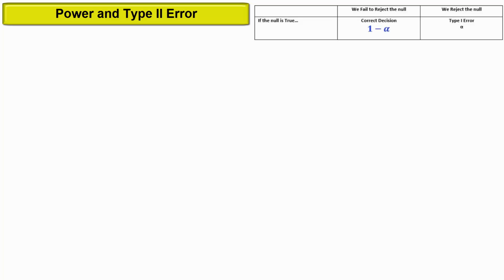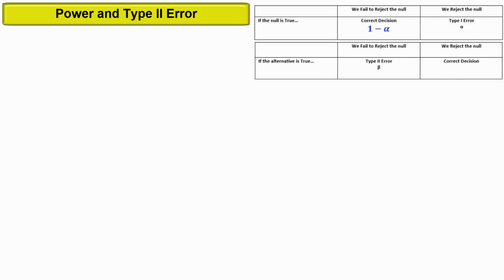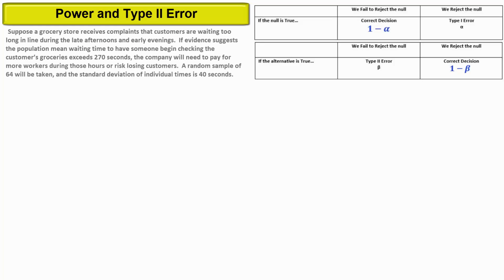Here's a summary of the implications of our test decision if the alternative is true. The probability of making the correct decision if the alternative is true is 1 minus beta, but calculating beta is challenging. Suppose our grocery store receives complaints that customers are waiting too long in line during the late afternoons and